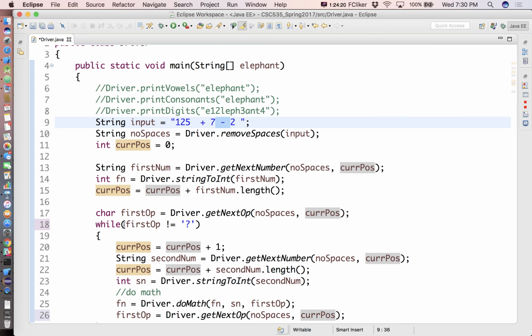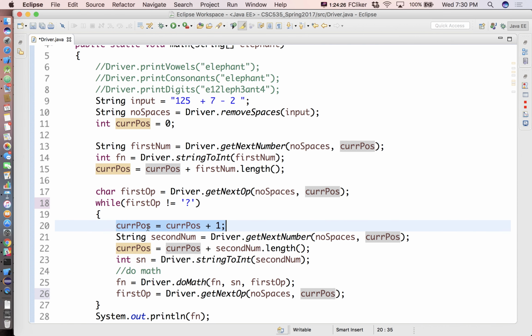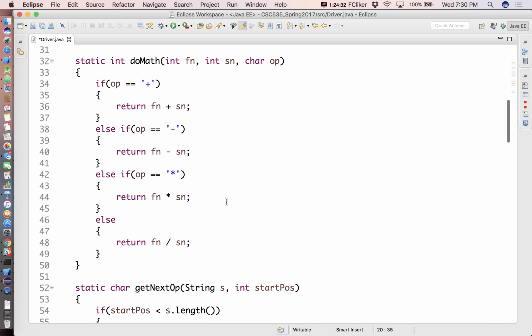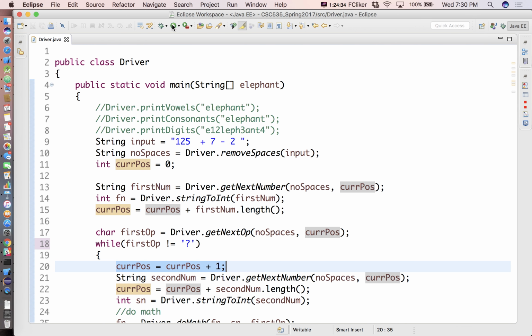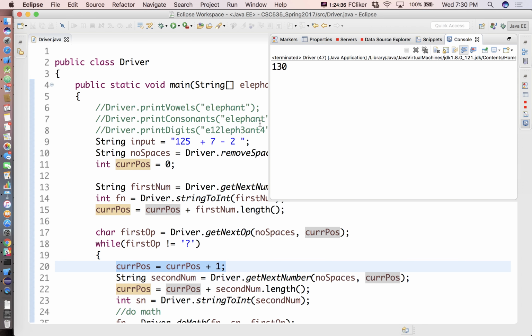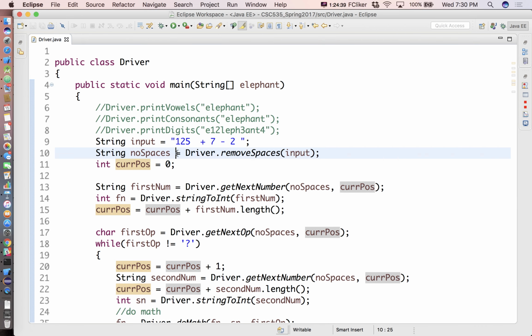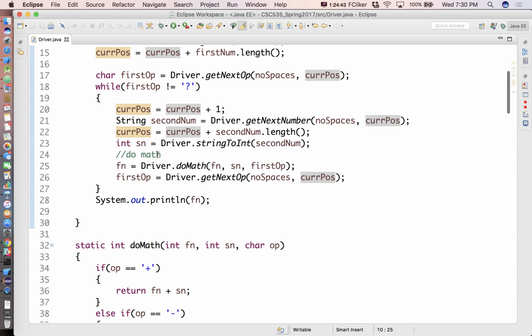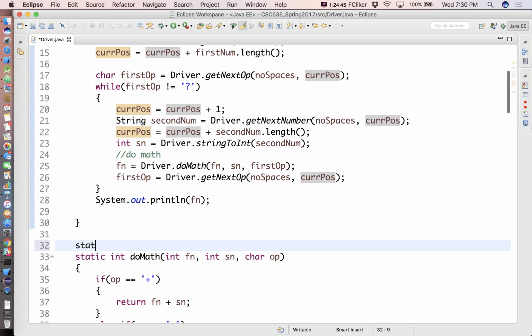It'll loop back up. Is he something other than a question mark? Yeah, he's the minus sign. Therefore, move past him, grab the second number, do all the stuff again, do the math, blah, blah, blah. So this should give us 130. So now this guy works as a whole. So I just suck this into a